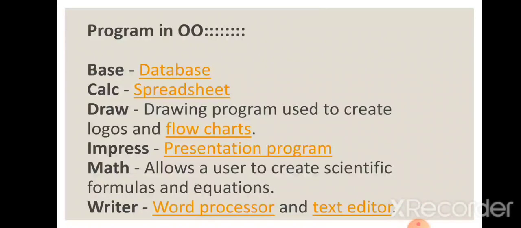So these are some programs of OpenOffice. As in Microsoft Office, Microsoft Word, Microsoft Excel, and Microsoft Access are available.